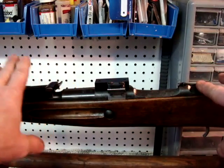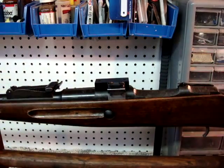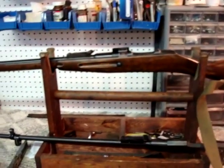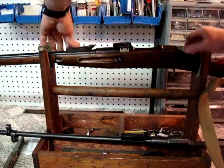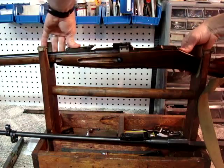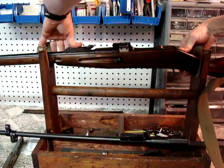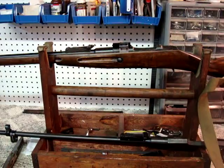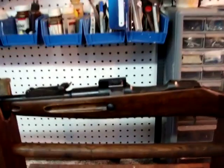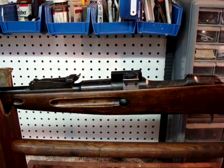So what I always do is take a hand out here by the front, by the rear sight, and on the back of the receiver. Zoom out a little bit so you can perhaps see that a little bit better. And I'll try to rock it. And if I get any rocking in the action where it lifts up the front of the barrel when I press back here, or lifts up the rear of the action when I push back here, if I can get this kind of rocking action going, then I know that I don't have it inletted enough, and you're going to have to remove a little bit more material. At this point, you're ready to